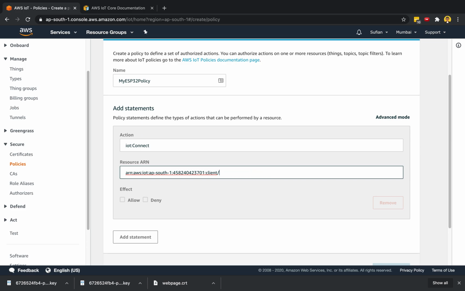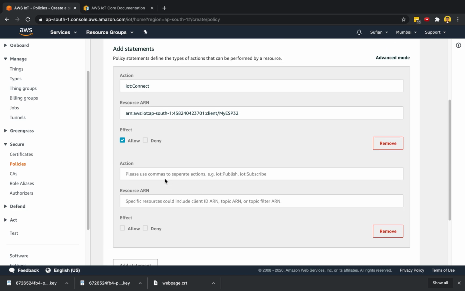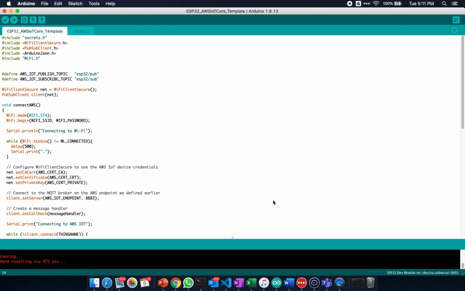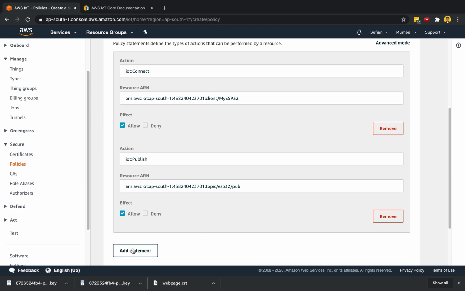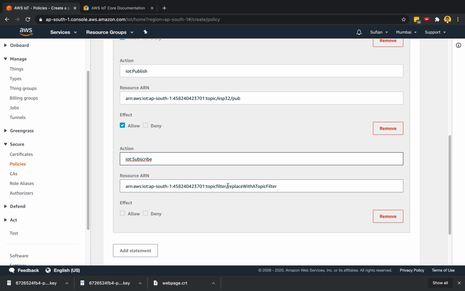Here I need to say my ESP32 and effect should be allow. Okay, and after that, for me to publish, here I need to give the topic name. The topic with which my device is going to publish is ESP32/pub. So I'll do this and I'll say allow, add another statement where I'll say IoT subscribe and